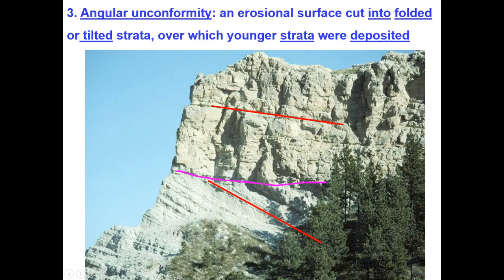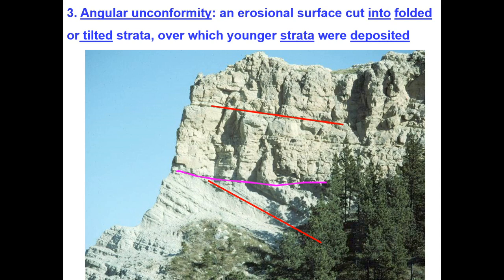Okay, so that's what's called a nonconformity. Again, a nonconformity is a type of unconformity. A disconformity is a type of unconformity. The last kind of unconformity we're going to talk about, I think it's the easiest to identify. It's called an angular unconformity, which is a type of unconformity. An angular unconformity is when an erosional surface cut into folded or tilted strata over which younger strata were